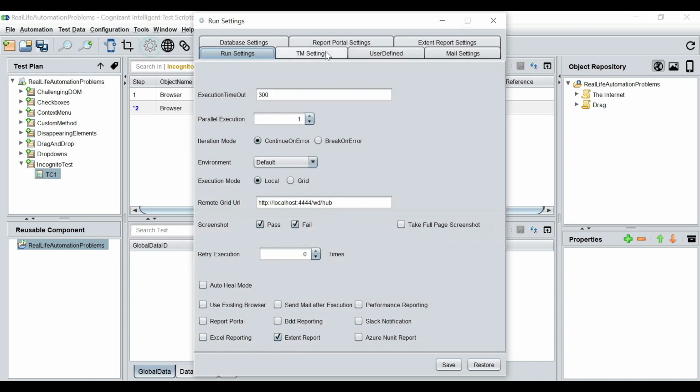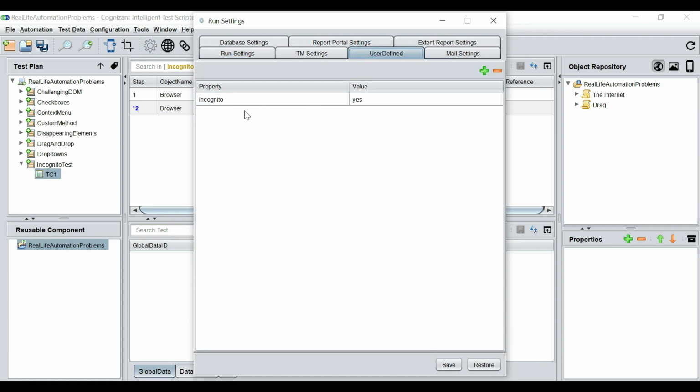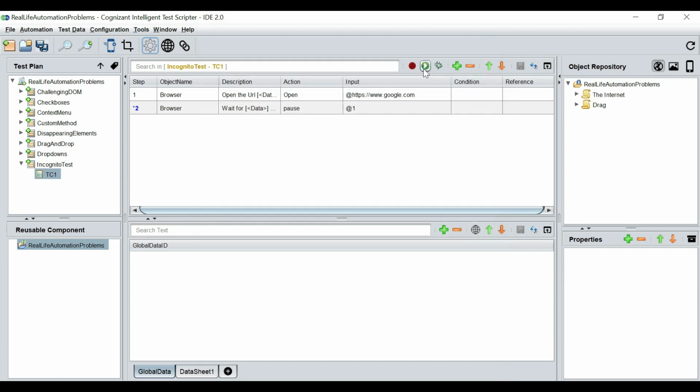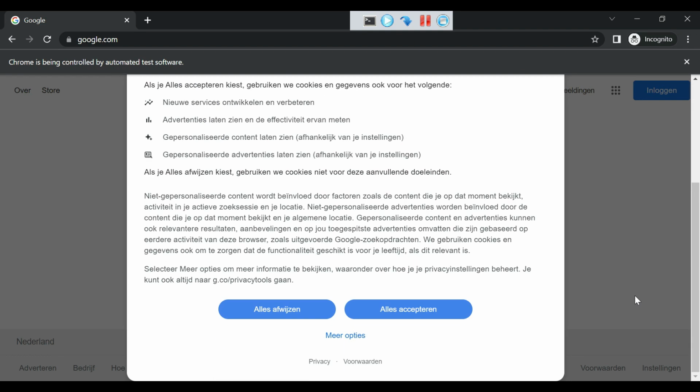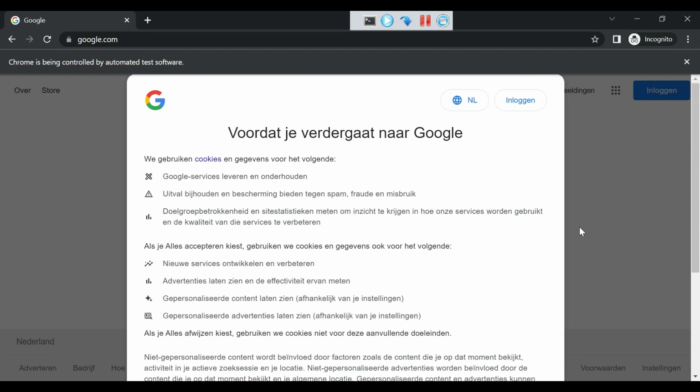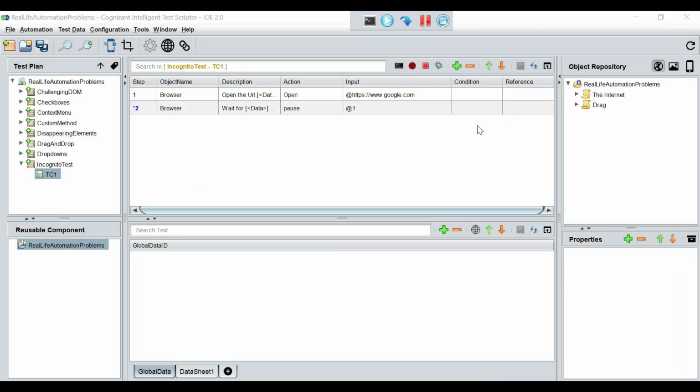Now in the settings, in the user defined, incognito is marked as yes, which is cool, and the browser is marked as Chrome. So let's just start this in breakpoint or debug mode. Yeah, you see that google.com has been opened in incognito mode. Okay. Now, if I close this one and stop the execution,